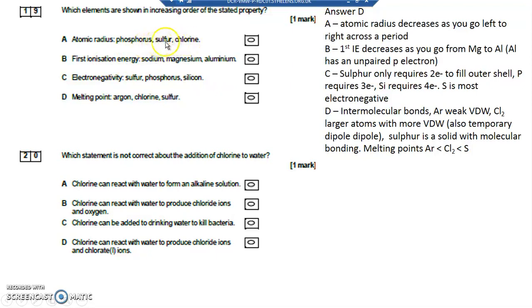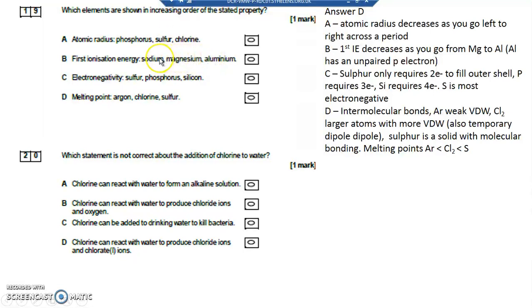So, more attraction for the electrons that they have. They've not got any extra electron shells, so no extra shielding. So A is incorrect, they're getting smaller. The first ionization energy as you go across a period, for the same reason, because you've got an increase in nuclear attraction from an increasing number of protons as you go left to right across a period, then it's harder,